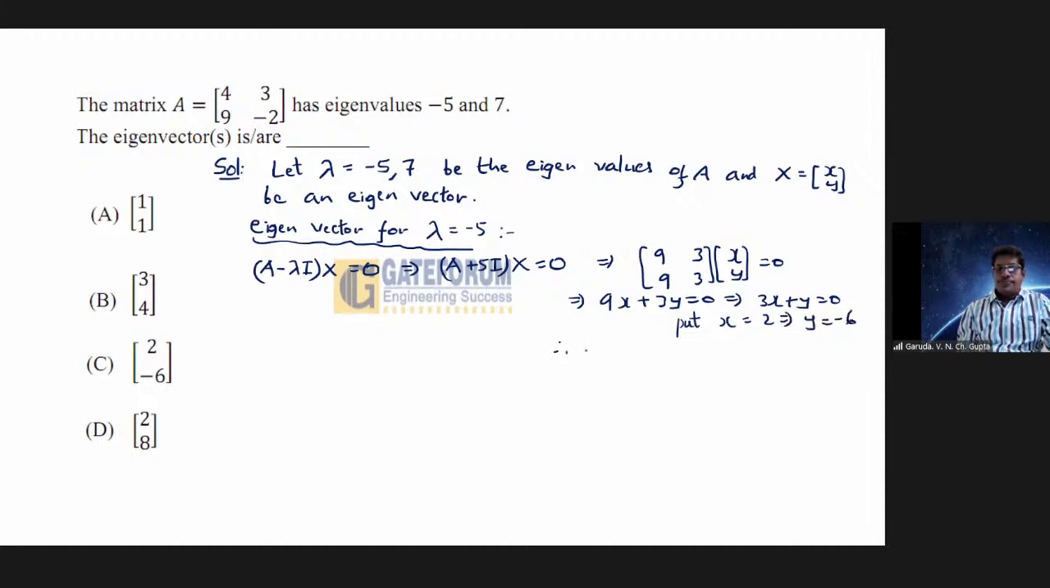Therefore, that means give one value for x or y, find the other variable. Then you will be getting the corresponding eigenvector. So which value to take, x or y, depends on the options. Eigenvector is 2, minus 6. Next,